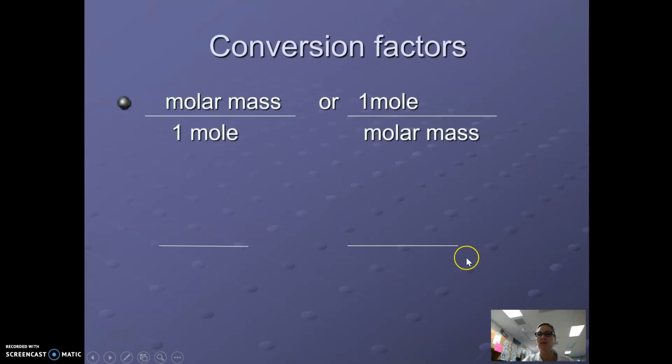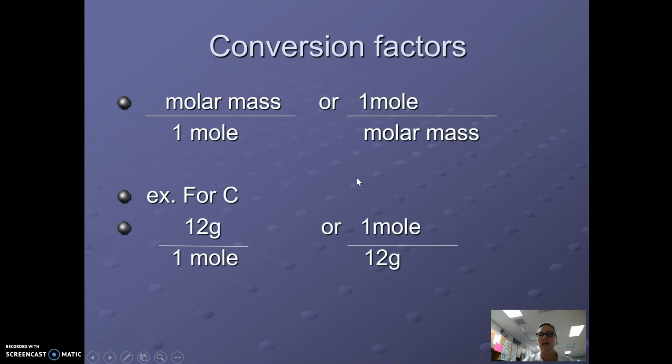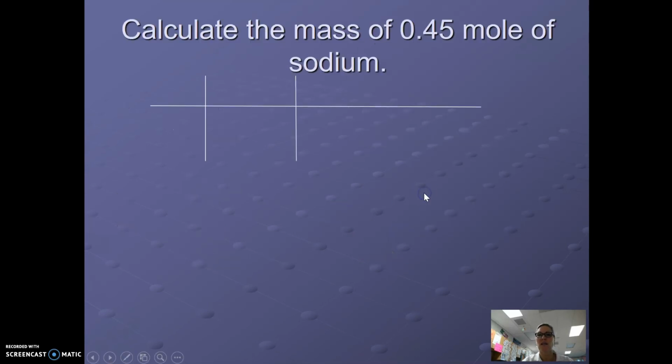So keep in mind while you're doing these problems that your conversion factors are either going to be the molar mass over the mole, or the mole over the molar mass. You can flip these back and forth. So for carbon, that would mean you could use carbon's mass of 12 grams in 1 mole, or 1 mole in 12 grams. How do you set it up? It all depends on what your given is. Let's try